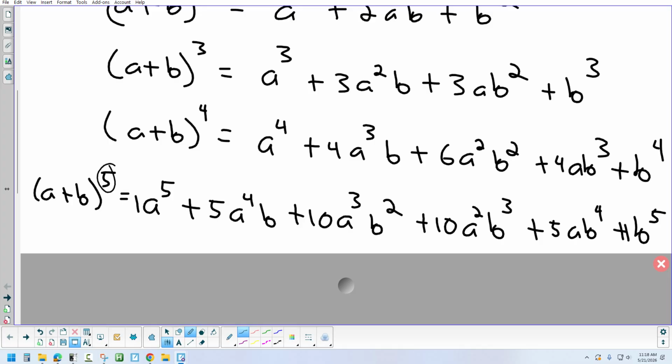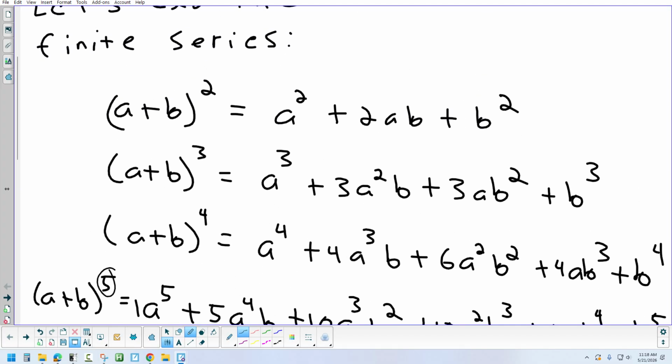So the exponent on the b is going up each time. Anything else you notice about the exponents? So the pattern of increasing and decreasing, that's important. Something else? If you have an exponent of 4, you have 5 terms. And if you have an exponent of 3, you have 4 terms. Yep, so this exponent, if you add 1 to it, tells you how many terms you'll have